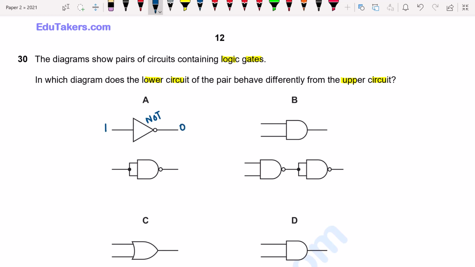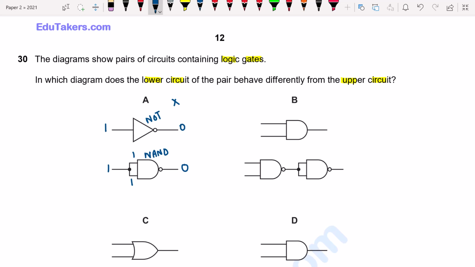In the second circuit, here is a NAND gate. Again I consider the input is 1. Here will be 1 and 1. A NAND gate is formed when we apply a NOT gate over an AND gate. And in the AND gate we say that if both of the inputs are high, the output will be high. So the output of the AND gate is high, which is 1. When I apply the NOT gate, here will be output 0. Both of these inputs are 1 and the output is the same. It means that option A is incorrect.